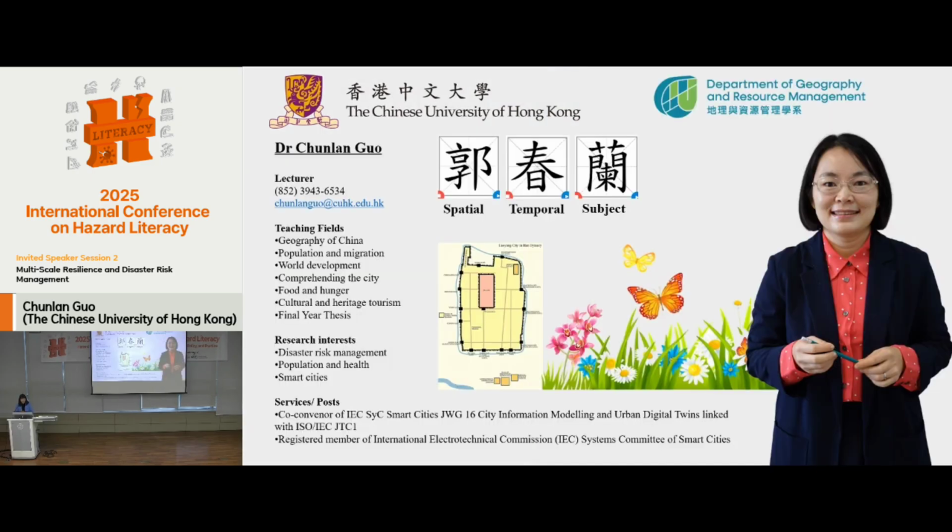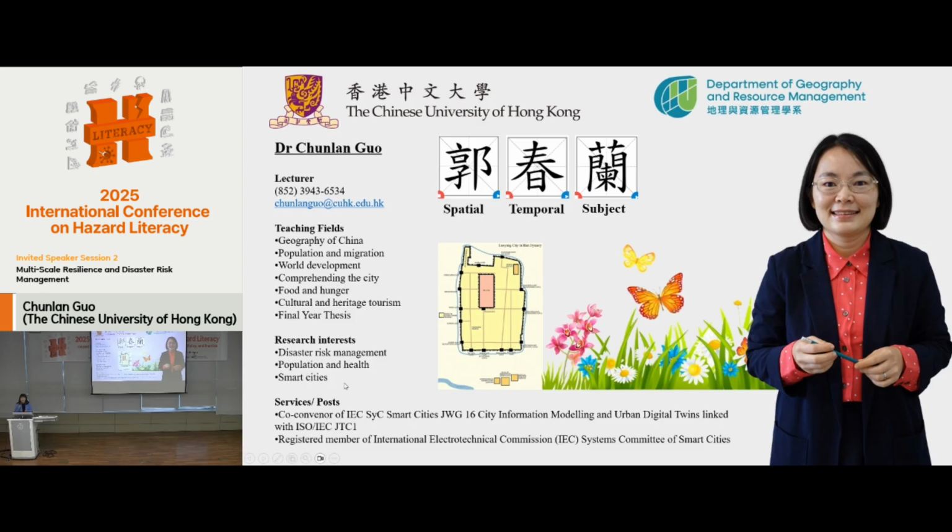Before the discussion of what multi-scale resilience and disaster risk management are, I want to introduce a little bit about myself as well as my department. I come from the Department of Geography and Resource Management, a geography department under the Faculty of Social Science. We do provide courses like geomorphology and earth science, but our focus is human geography, physical geography, as well as GIS. I am from the branch of human geography. Therefore, I teach a lot of courses addressing human geography, for example, geography of China, population and migration, world development, comprehending the city, food and hunger, as well as culture and heritage tourism. I also do some research addressing disaster risk management, population and health, as well as